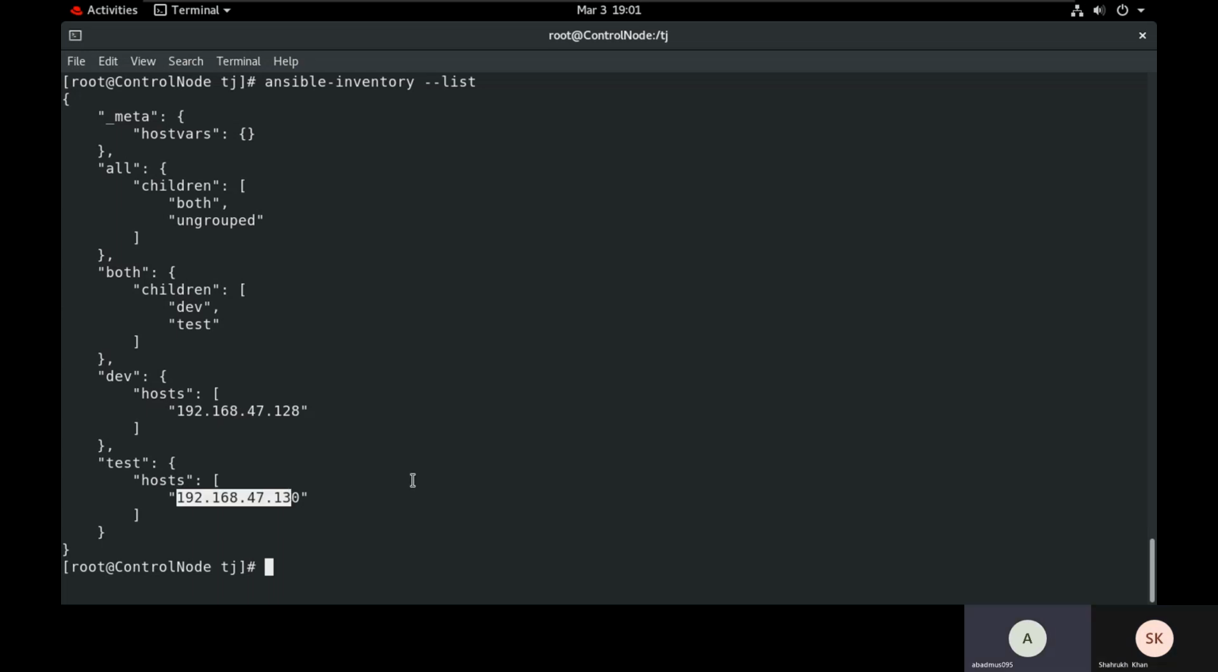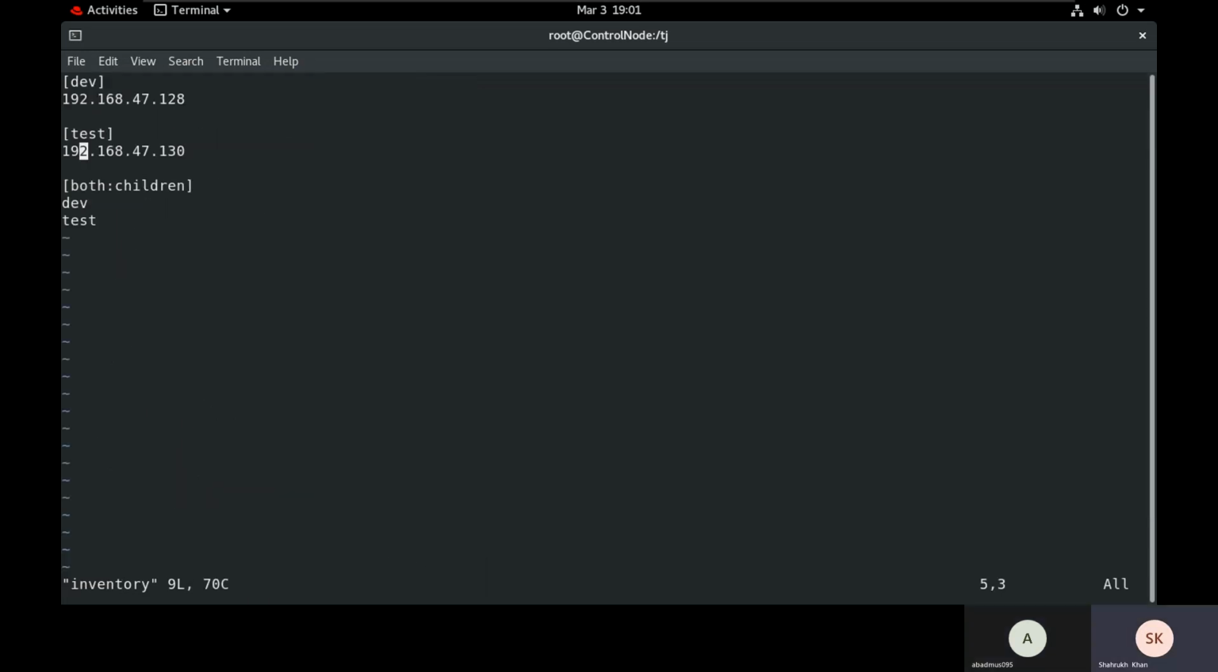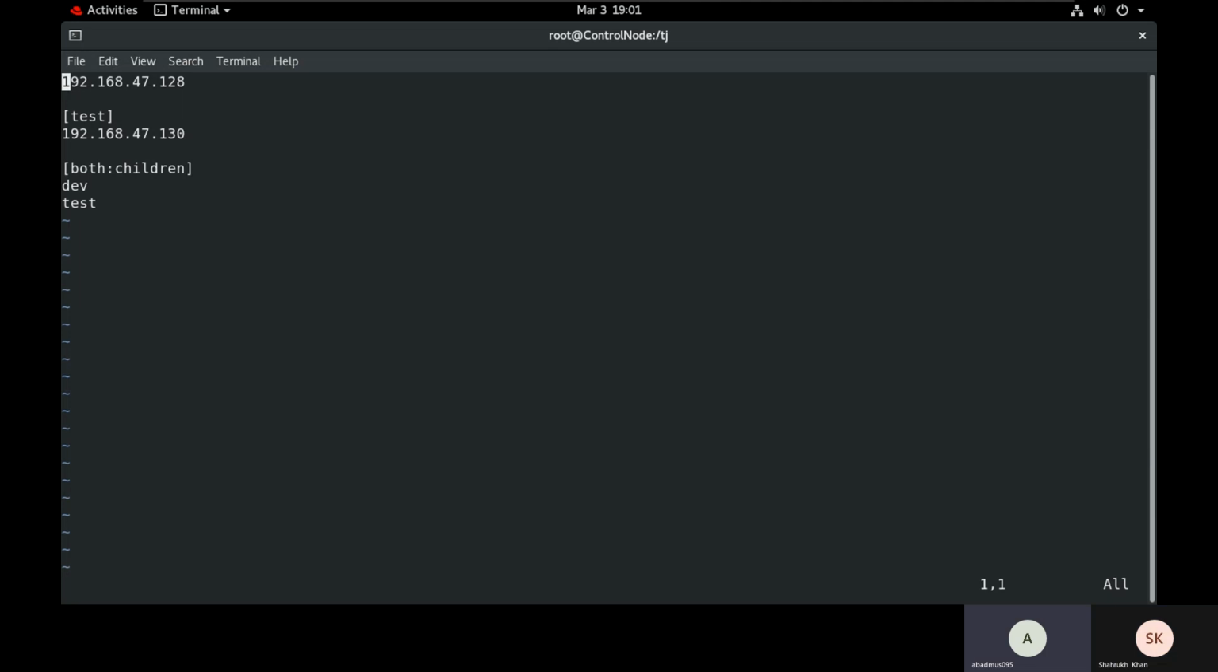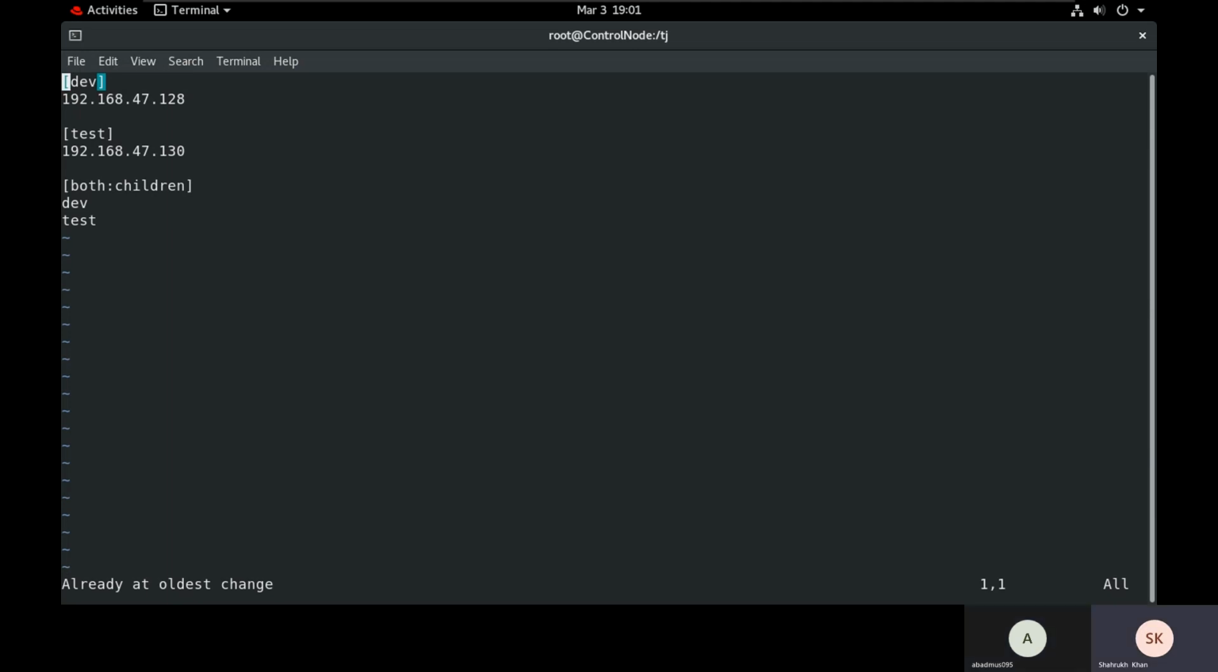So the ungrouped, how will you use that one? Let's say you want to use ungrouped. The name ungrouped is the default. If you don't put an IP address inside a group, that will be under ungrouped. Since we have a name on it, both is the group name. If you don't put a name there,